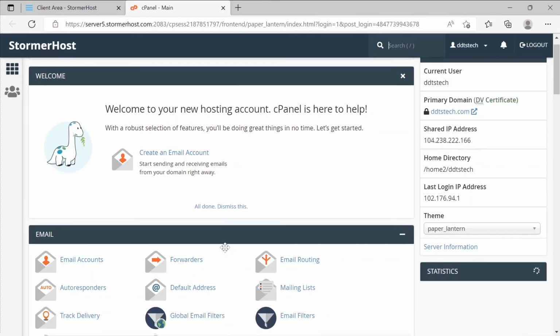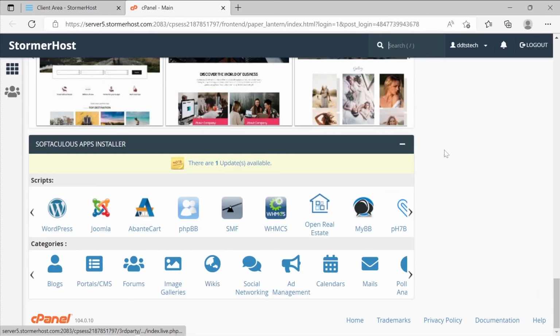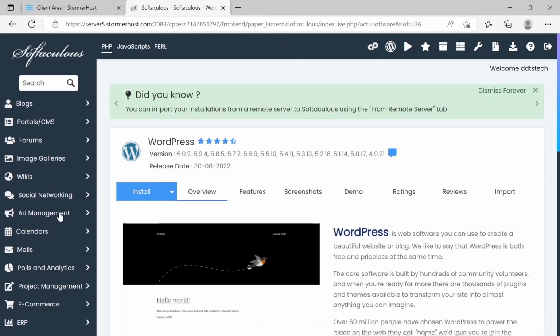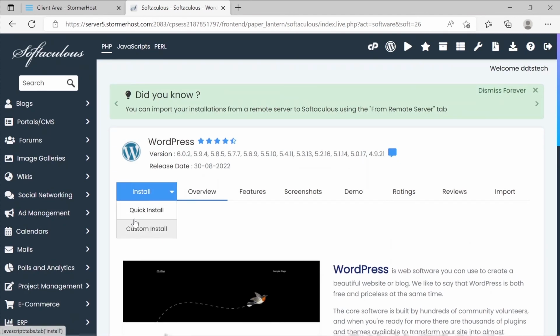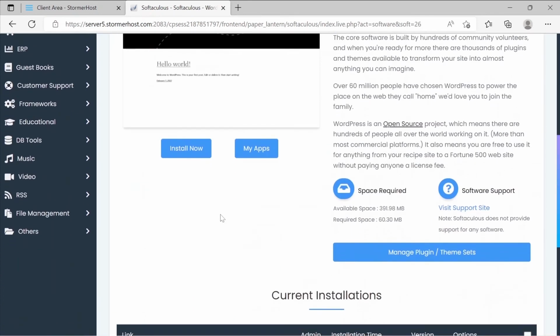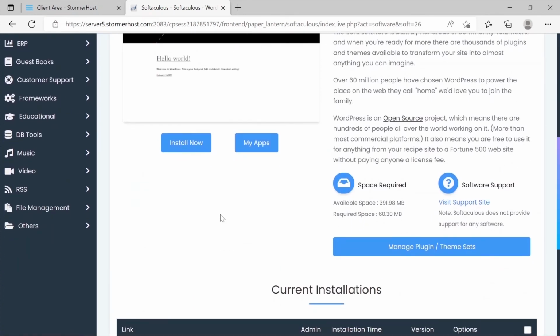Log in to your cPanel, scroll to the bottom of the page and you see WordPress. So you click on WordPress. Here we have quick install WordPress. You click quick install WordPress and it installs it for you, and you need to create